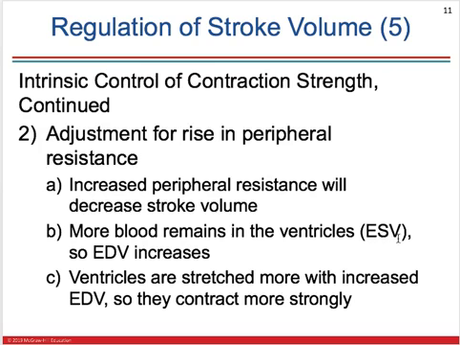If the end systolic volume goes up, and then you get the same amount of blood coming in during the next diastolic phase, then the end diastolic volume is going to increase because you've got more end systolic volume left over, and you're going to add to that the blood that's coming in during diastole, and so the end diastolic volume goes up. So even though there's an increase in peripheral resistance, there's an increase in afterload, the next heartbeat